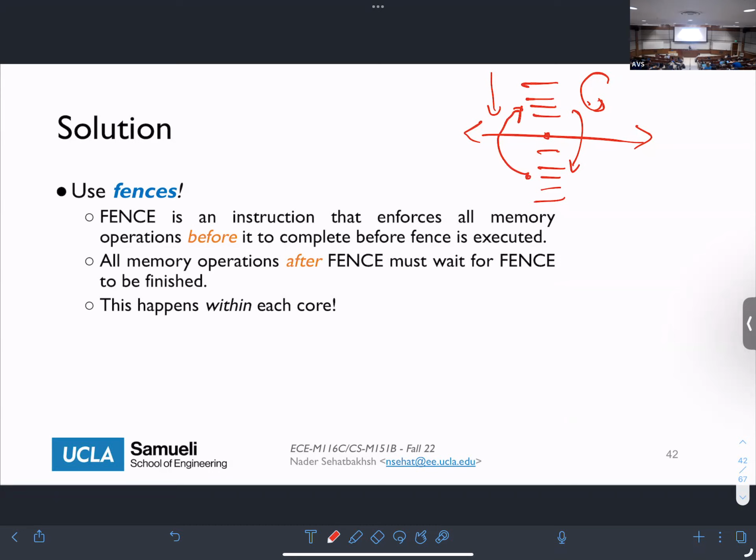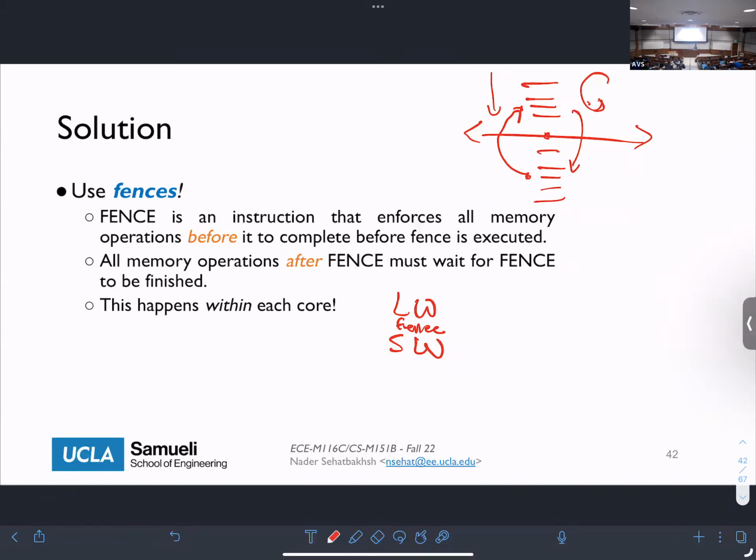Okay? So for example, if I have a load and a store, in normal conditions we said that we can reorder these things if we want to. If I add a fence here, then I can no longer do the store before the load, because the fence literally says that we are not allowed to move things after the fence to before the fence, or the other way around. Okay? So if you add these fences to your program, then within each core, you can enforce what level of reordering can happen.